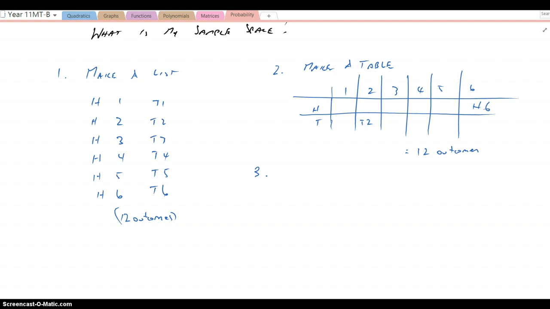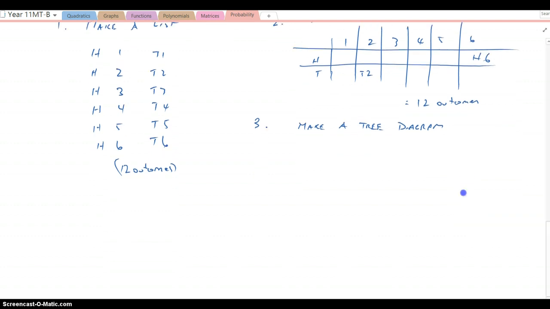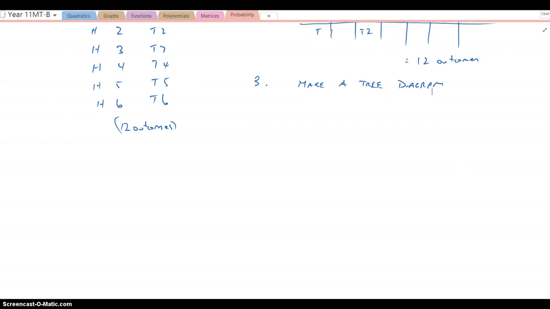So sample space is important. Okay, so the third is to make a tree diagram. There are other perhaps ways of doing so. What I suggest is we don't get bogged down. This is just an idea of how to lay out your work, how to lay out your sample space. But really, the most important thing is to get down on paper your sample space. It doesn't need to be anything. It's for your benefit to be able to see the question, see all the possibilities, and go ahead with calculating the probability. Making a tree diagram, this is probably the most popular method.